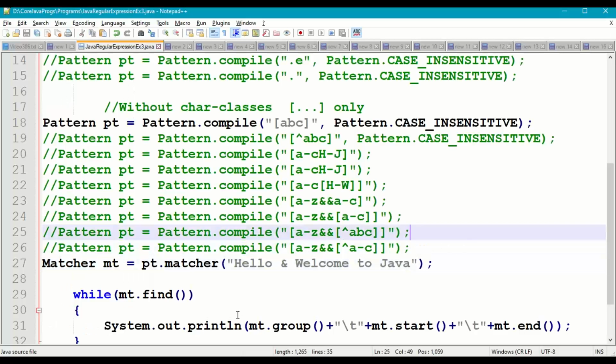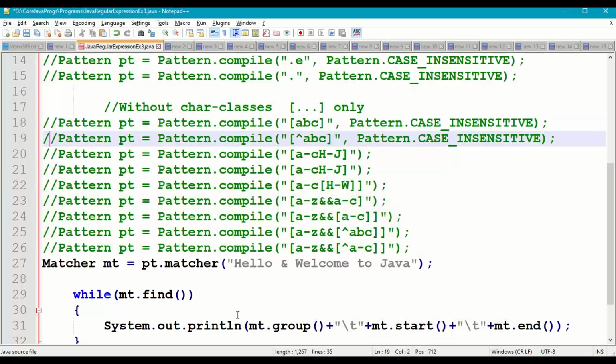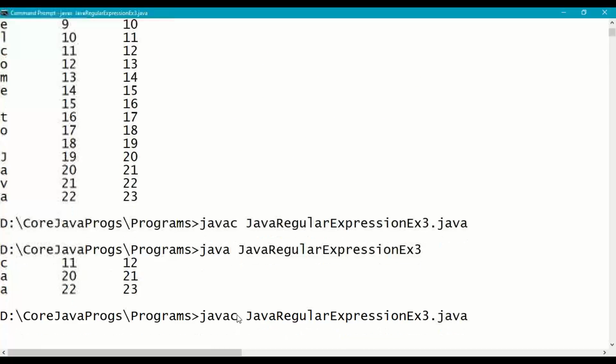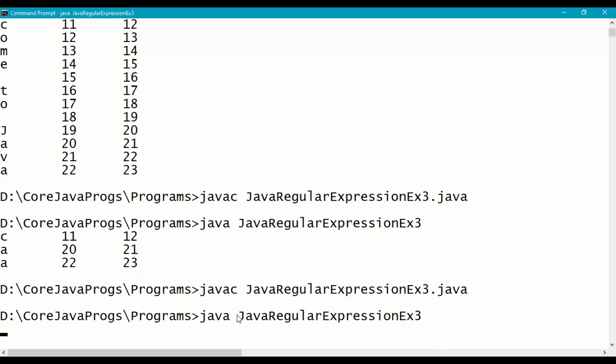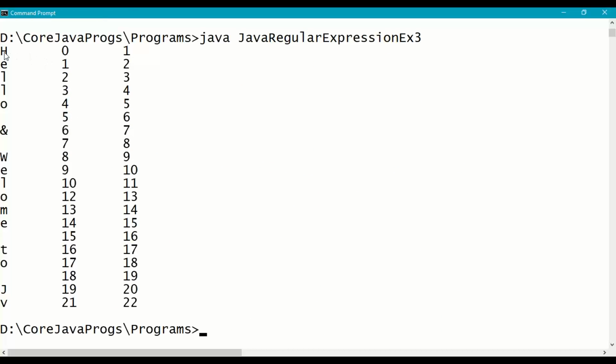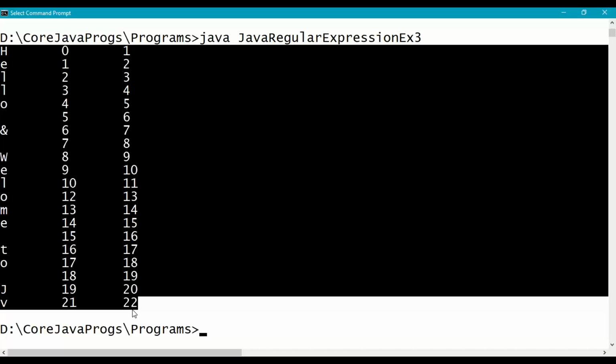Right, so next, let us go for not of. Here we have to use the not operator inside. This is a negation class inside the square brackets, but not outside. If you use it outside, it will become a normal character, and that character will also be searched in the given original string. So not of ABC in the character class: except ABC, we will get all the remaining characters, starting index and ending index. Compile and run. So except ABC, we got all the characters.